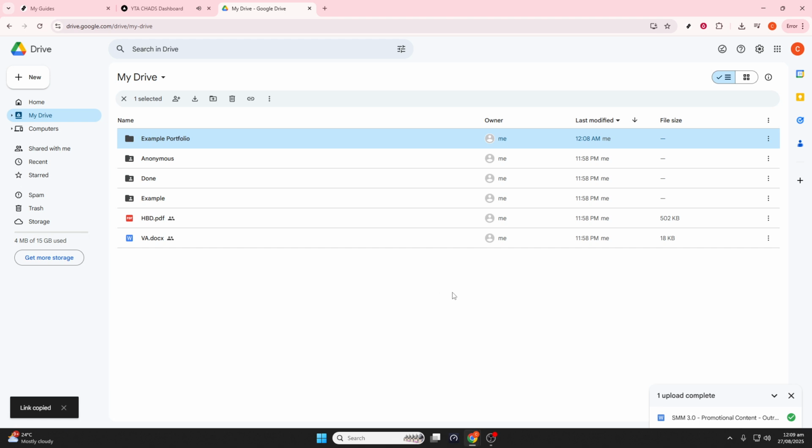and that's how you create and organize a professional portfolio using Google Drive. With your files neatly organized and properly set for sharing, you're all set to present your work in a clear